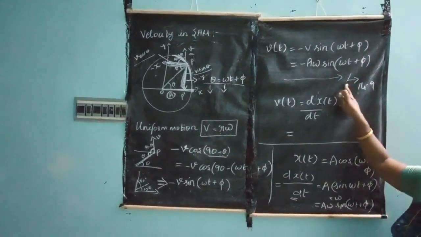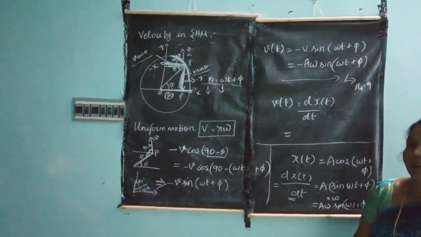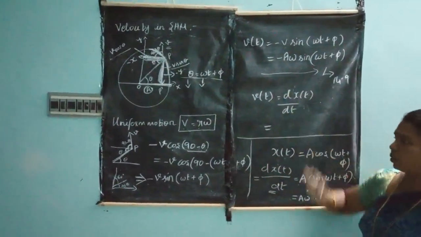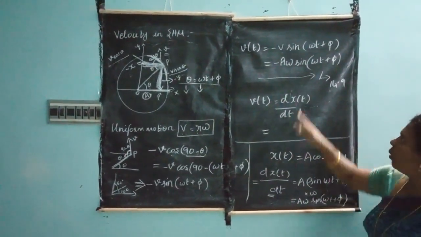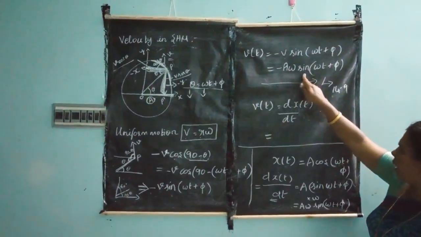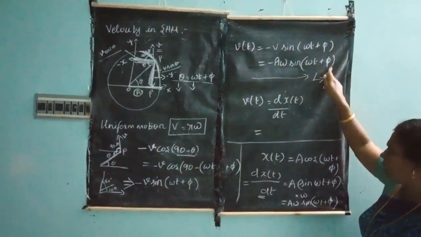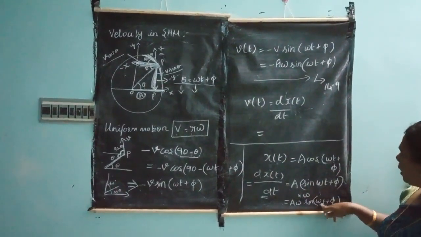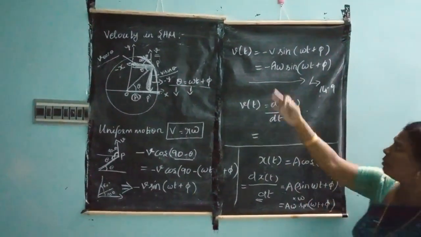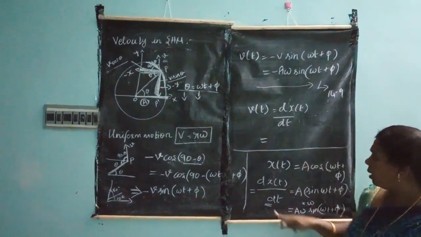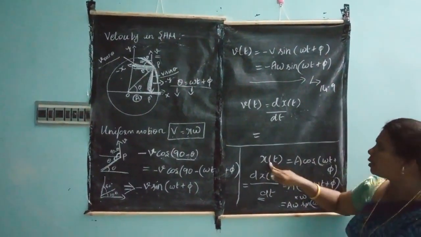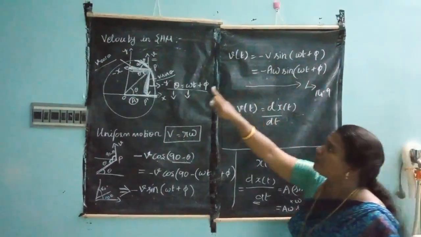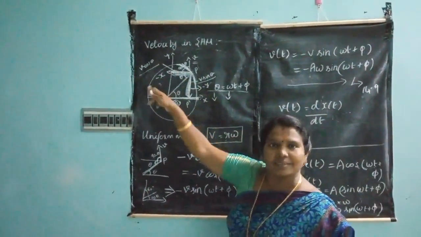See, this is in your book. The equation number is 14.9. They are giving it in a direct manner, and I am explaining all of this. Okay, see, now I am comparing. What is this answer? Minus A omega sin omega t plus phi. What is here? The same answer, A omega sin omega t plus phi. You can ask me, ma'am, it is on the negative side, but here it is on the positive side. Here the displacement is taken along the positive x direction. Here I am taking the displacement along the negative x direction. That is the difference.